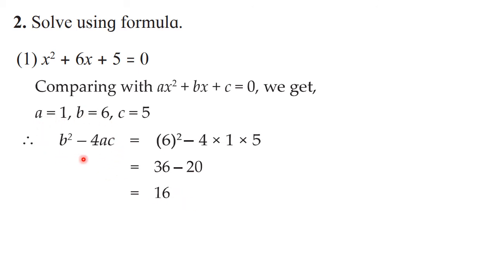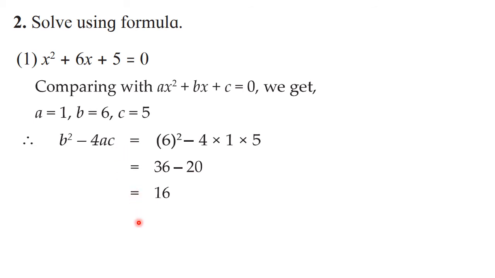Because this term gives us a square, and you know that a square is never negative. Of course, it can come negative, and we have such sums also, but in those the instruction is quite different. That is called the nature of the roots. In that, we are going to get a negative value. But generally, when you have to solve by using the formula, you are going to get a positive answer. Afterwards, we have all these cases that this can be negative, this can be 0, but for solving, generally it is going to be positive. So take a note of this. Now we got this value.